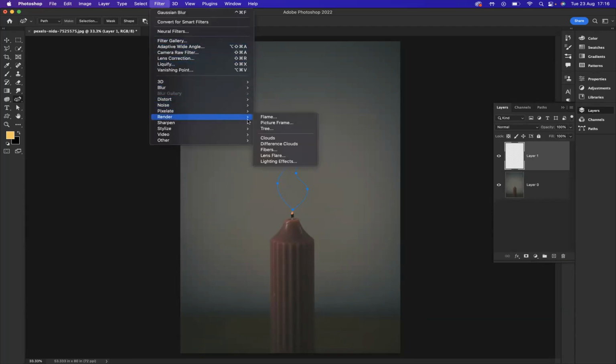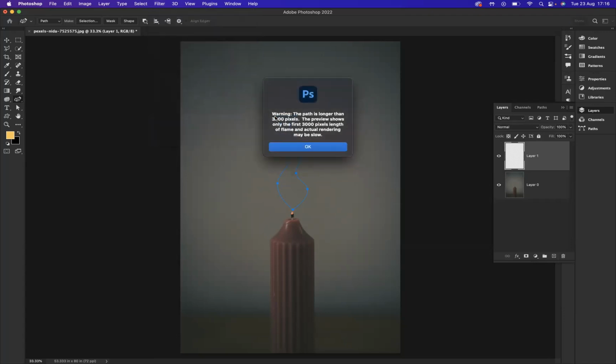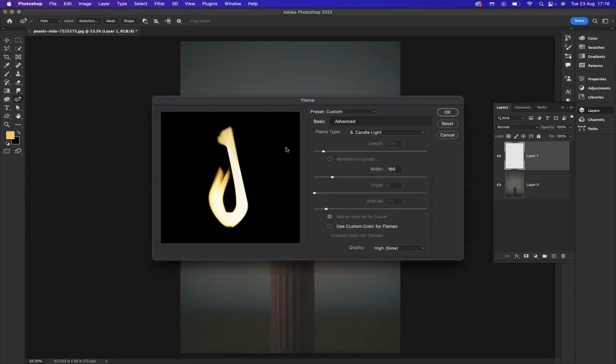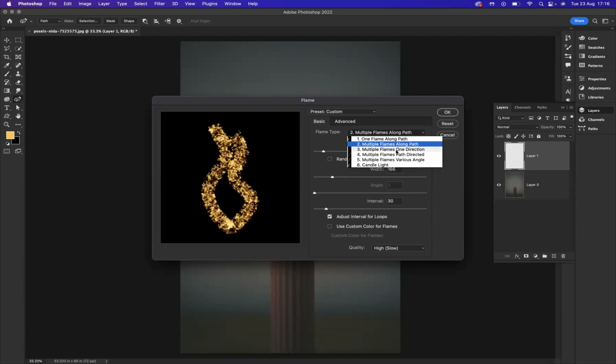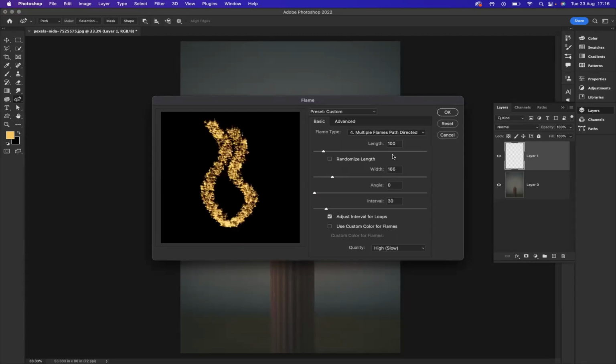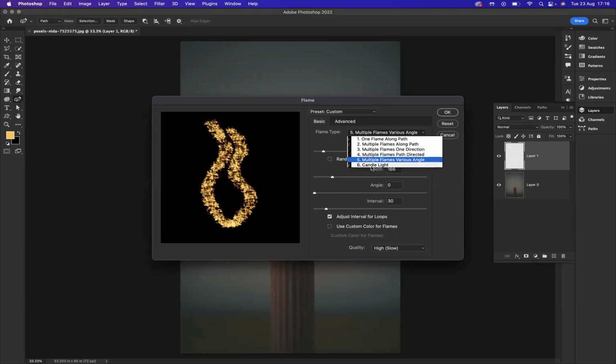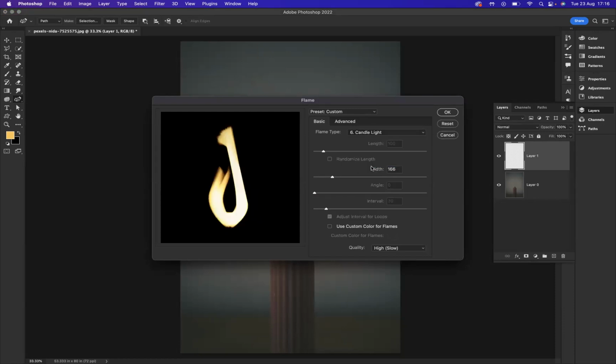Okay, now I'm going to add a layer, and with that pen still selected, I'm going to come to Filter, Render, and as you can see, we have the option of Flame. If you now press OK, wonderful. You have options here of different types of flames that you can create, as you can see. But the one I'd like to be using is candlelight. Okay, I want to make sure that my quality is at high. And now if we come through and press OK,